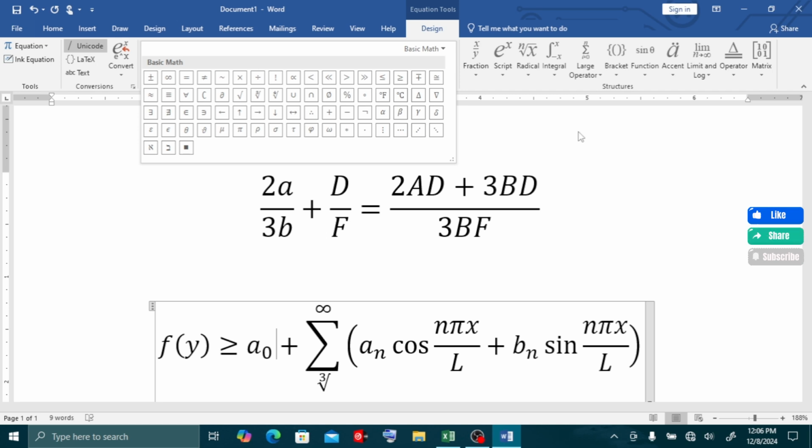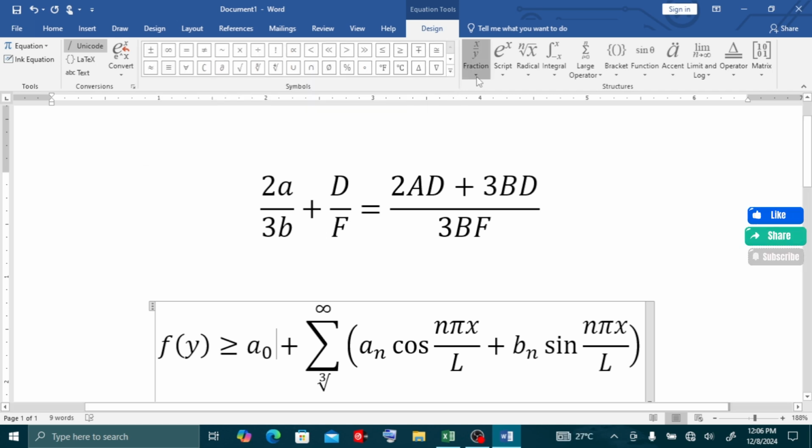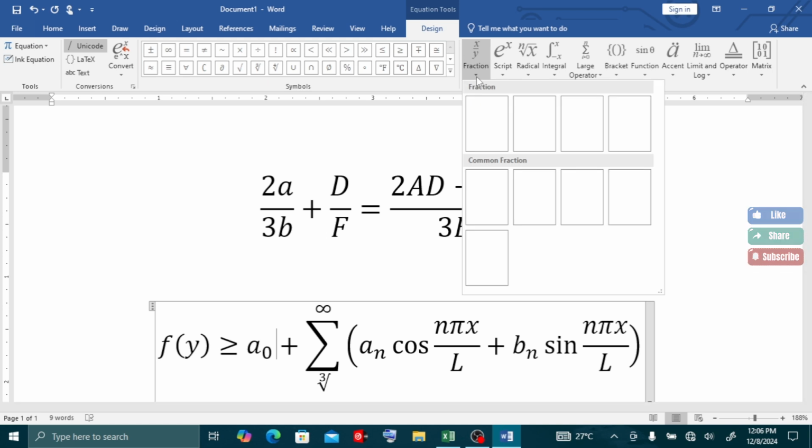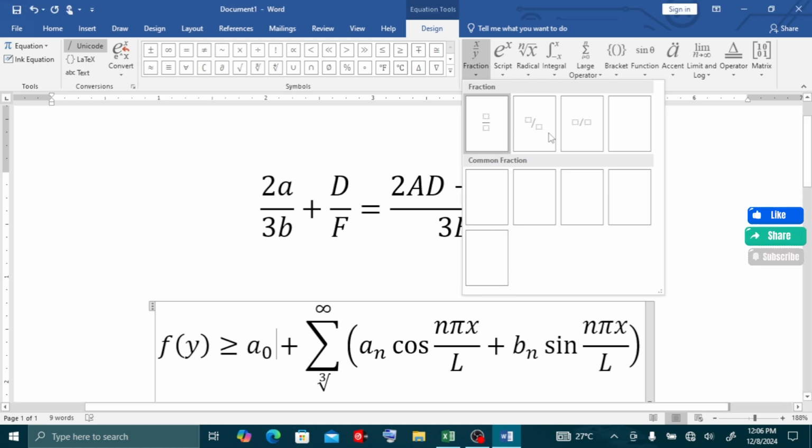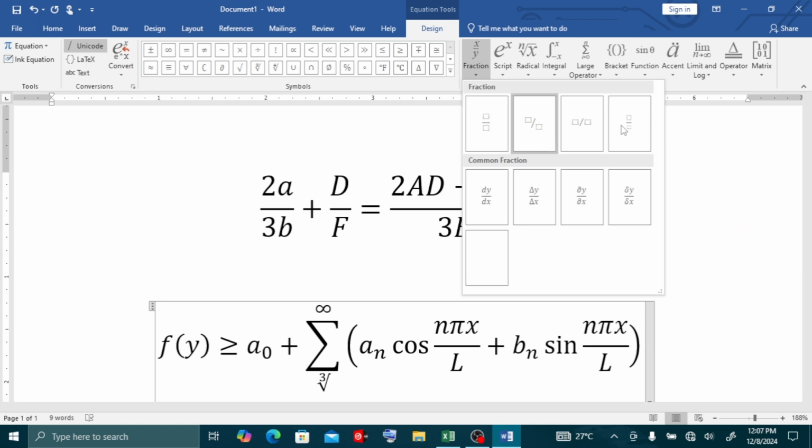Everything. Other functions are here too. You come here and look for different functions you want to include in your formula or equation, because these are the functions we have in the calculations.